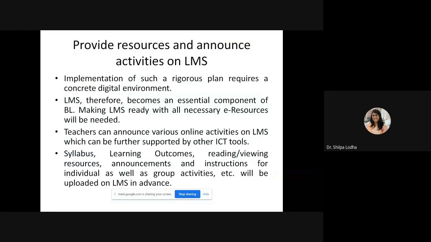After having a meticulous plan for providing resources, or which kind of activities we are going to perform, which kind of resources we are going to take, which kind of ICT platform we are going to use, which kind of learning management system we are going to use. After having a meticulous plan for each and every activity of our course content, then the second step comes in